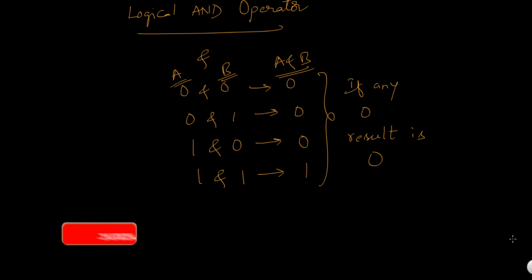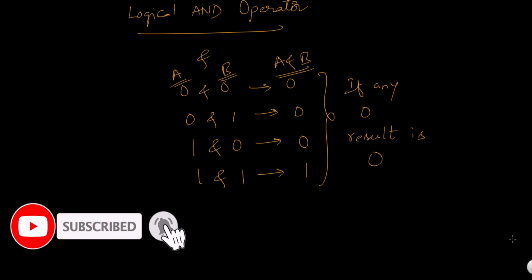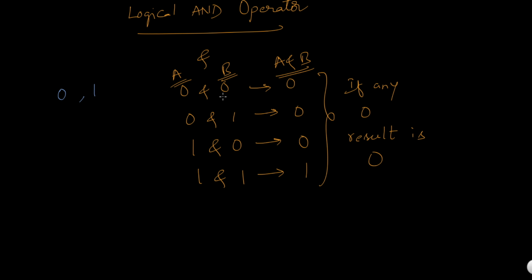Before discussing bitwise AND of numbers range, let's discuss the logical AND operator. Suppose we take A and B as 0 and 0. The logical AND operation between A and B is 0. If A is 0 and B is 1, it will be 0. If A is 1 and B is 0, then A AND B is 0. If A is 1 and B is 1, then only A AND B will become 1. From this we can conclude that if any one of A or B is 0, then the result will be 0. Else, if both A and B are 1, then the result will be 1.